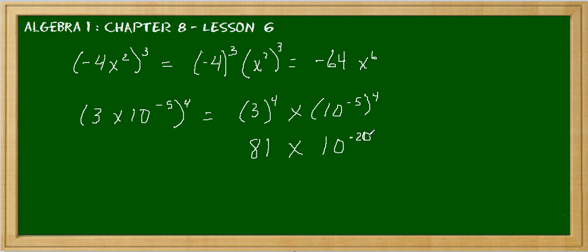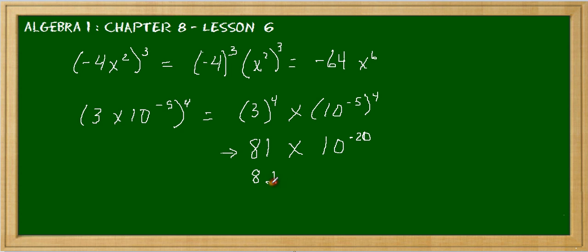Now we may think at this point, well, we're done. Well, it's not truly in scientific notation. Why? Because 81 is the expression to the left here, and we know that in scientific notation this number has to be greater than or equal to 1, but less than 10. And this is definitely above 10. So we know that we need to move a decimal point over, and I kind of like the way they expressed it over here,